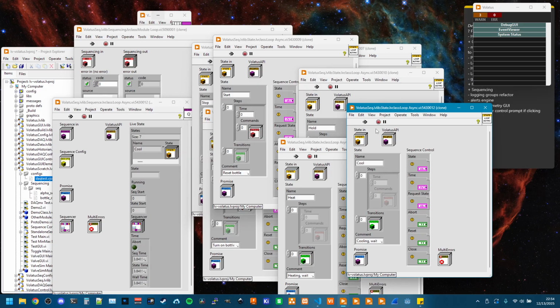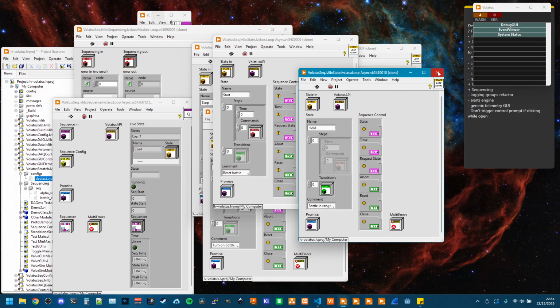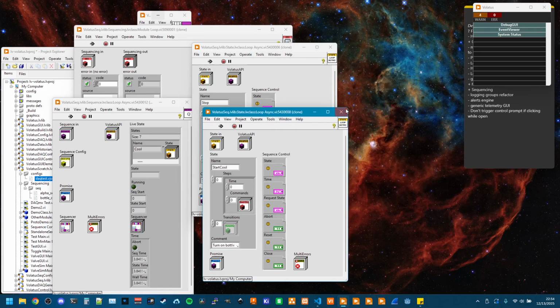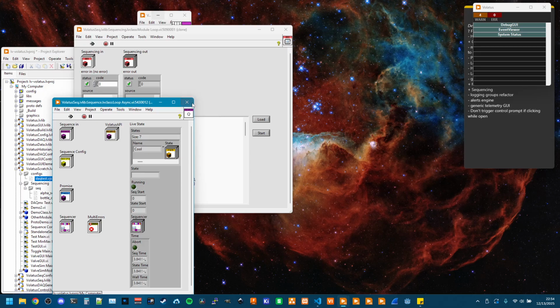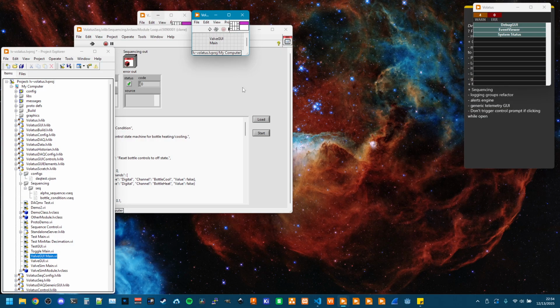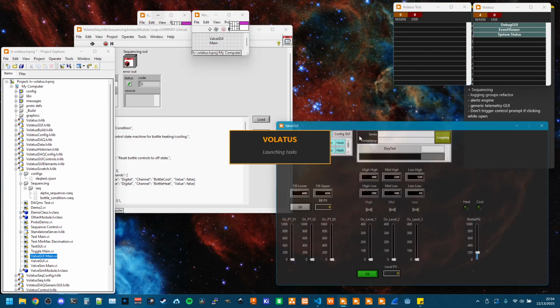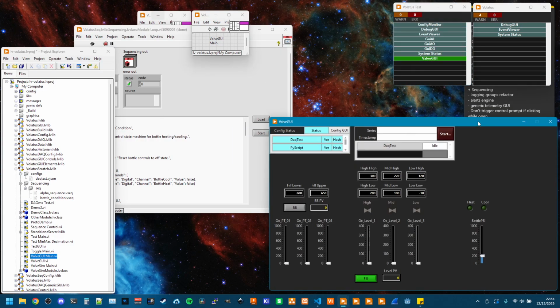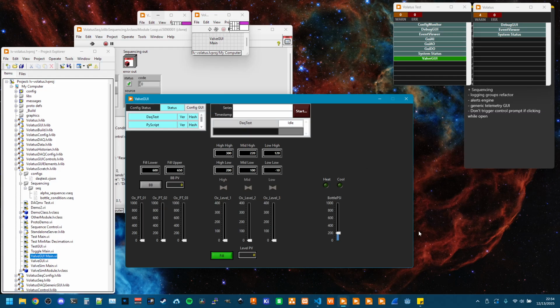So a whole bunch of stuff got opened for me to be able to debug things as I've been getting this working, but we don't need them open. I'm going to go ahead and close them. We do need a GUI application running, so I can update the process value. Okay, so good config match. But now what I can do is